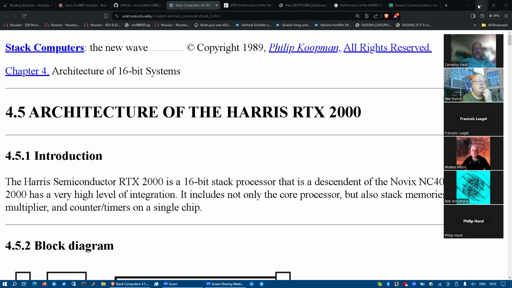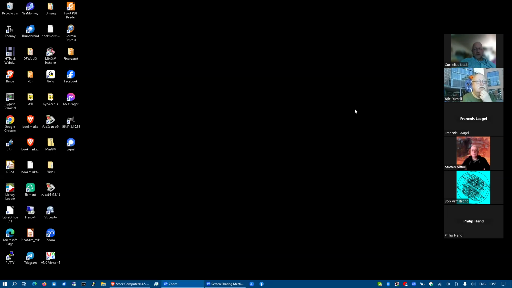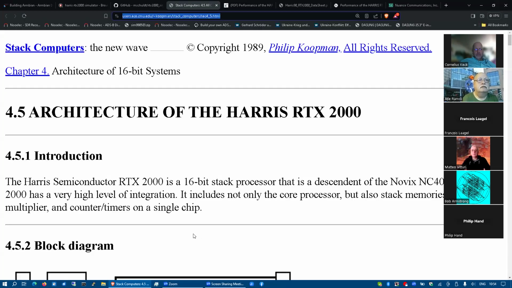Where's my chat? Jumping between these is tedious. This is Zoom, screen sharing. Damn it. Oh, come, chat. So this thing comes from here. If we look at this,